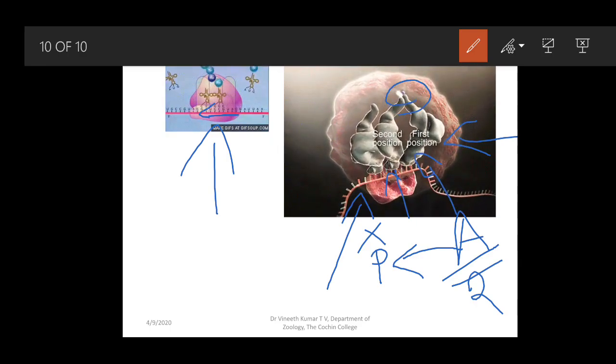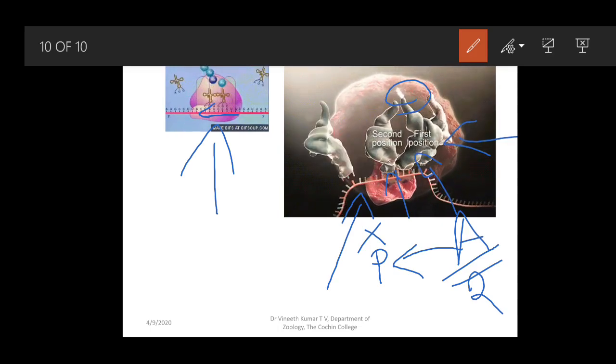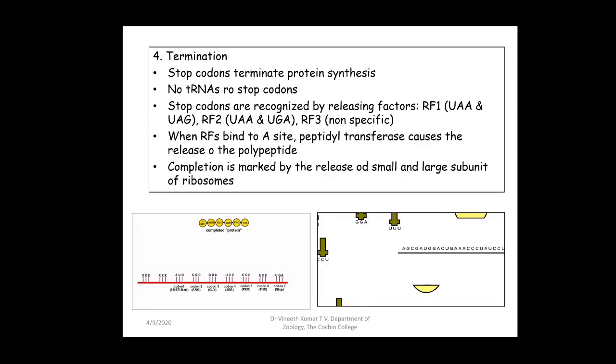So this process will continue till the ribosome reaches a position, and we are going to see the next step, which is the last step, called termination. Termination occurs when, while translocation and peptide bond formation are occurring, the A site reaches a particular codon, which is called a stop codon. It can be any of the 3 stop codons. When it reaches there, there is no tRNA having an anticodon complementary